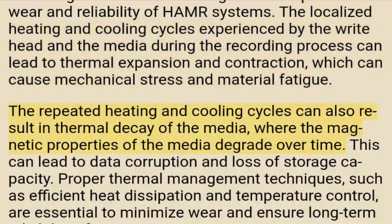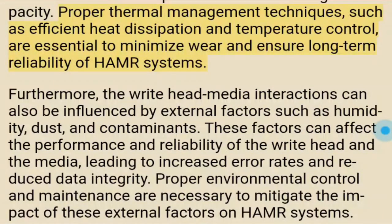The repeated heating and cooling cycles can also result in thermal decay of the media, where the magnetic properties of the media degrade over time. This can lead to data corruption and loss of storage capacity. Proper thermal management techniques, such as efficient heat dissipation and temperature control, are essential to minimize wear and ensure long-term